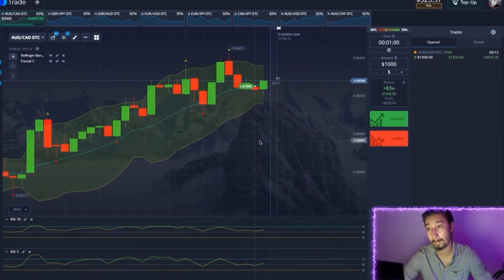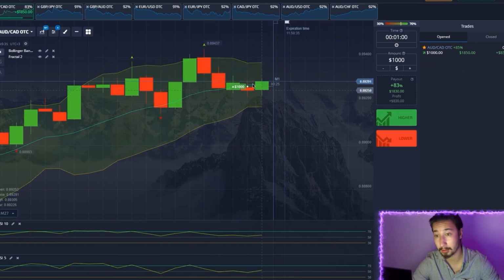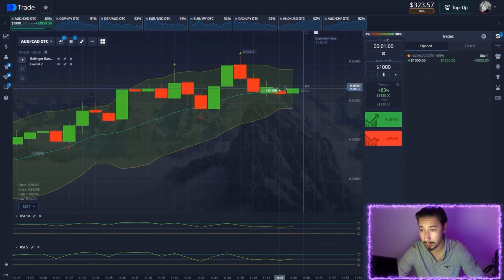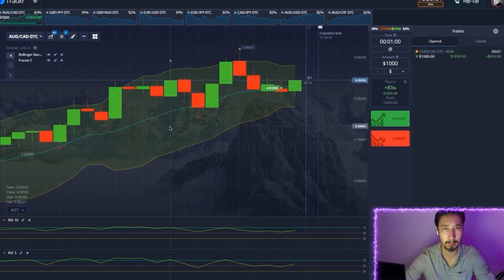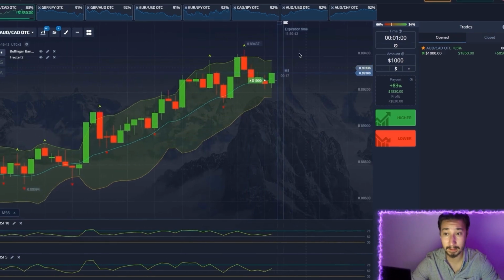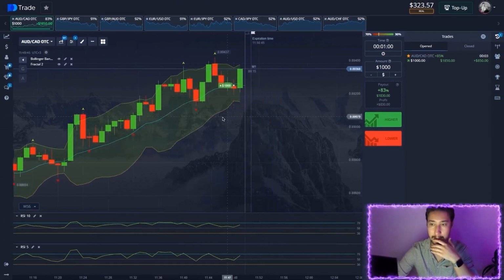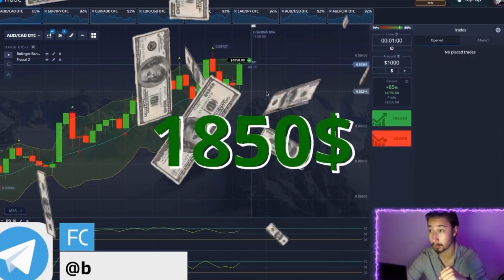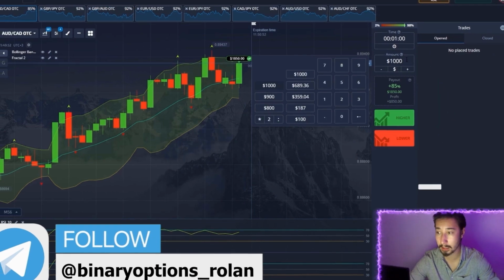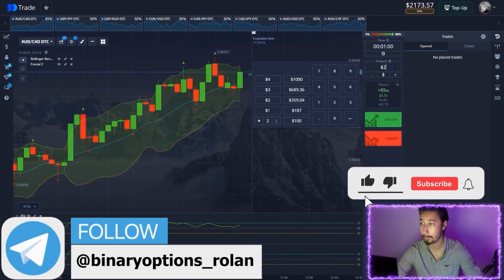Plus a very good pullback because there was already a movement here that crossed the moving average line. See, in theory it should already be reversing. If you understand how Bollinger Bands work, guys, you understand me perfectly. And as I said, the deal closed without any problems in a plus, so let's put down